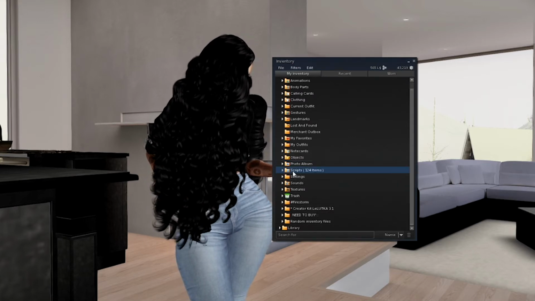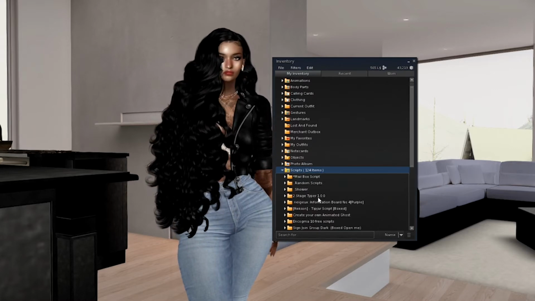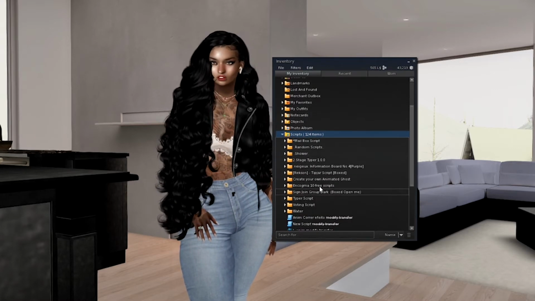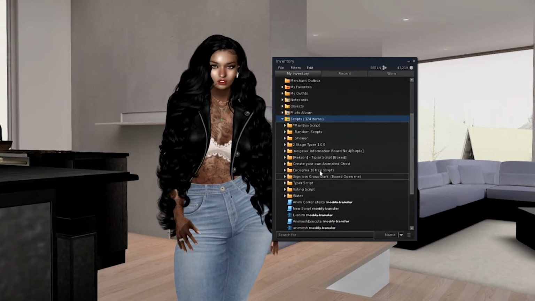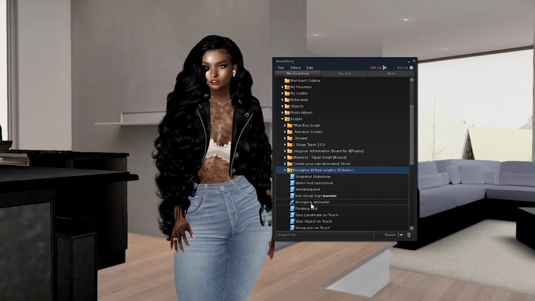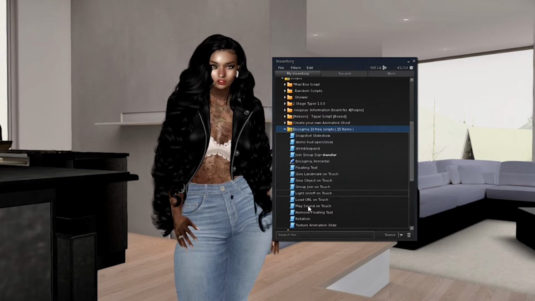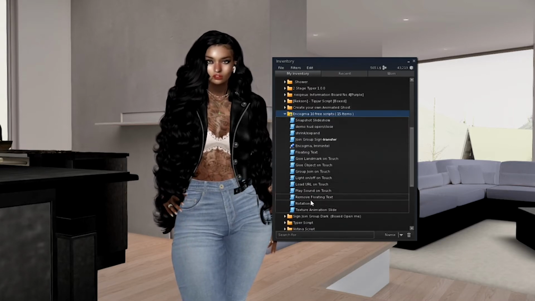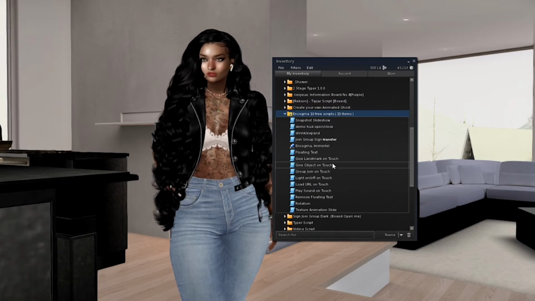Okay, the script folder is where all of your scripts for different objects will be. So for instance, here, these are freebies that I got. Give a landmark on touch, give an object, load URL, floating, have a floating script.